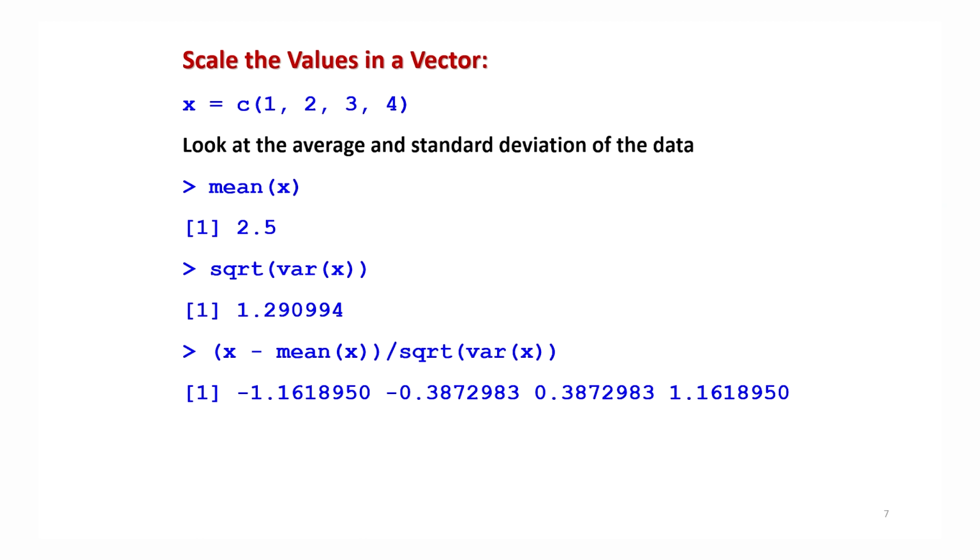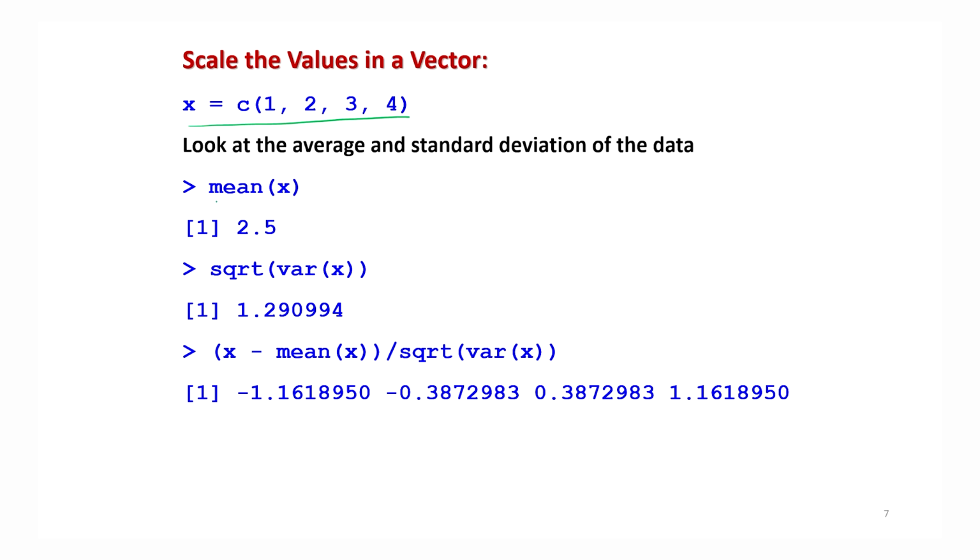So how is it going to be done? Let me take a very simple example and try to explain it. First I will show you on the slide, then I will show you on the R software also. So let me take a very simple example in a data vector. I take 4 values 1, 2, 3, 4, which are stored in a data vector x.